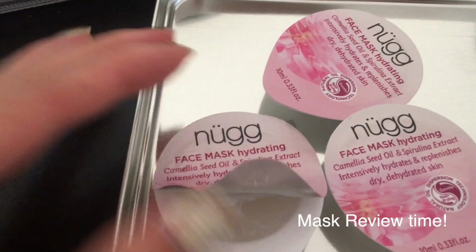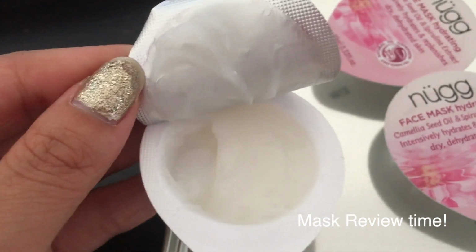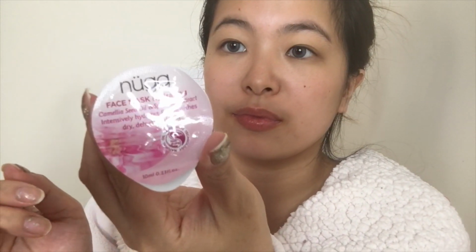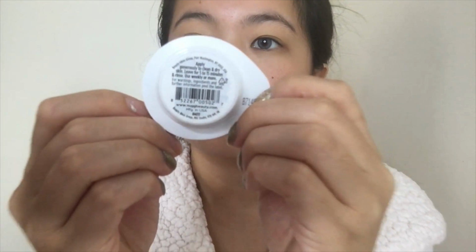When you open it, it's like a putty, more like gel, and you just put it all over your face. It's really silky and gelish. I put this on once before, and I think I put this on my friend another time, but